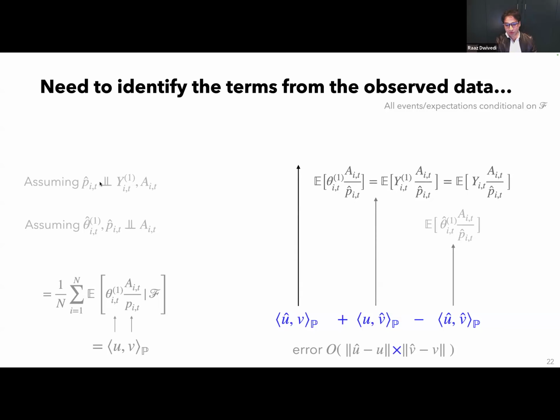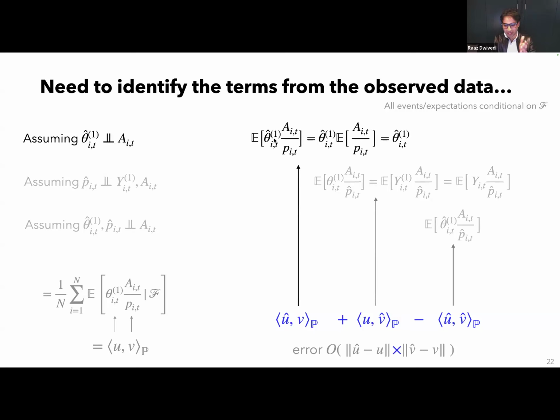And then for the first term, this U hat V, U hat will become theta hat IT1 and V is AIT by PIT. If you use again the independence between theta hat and A, then you can take it out and this becomes expected value of AIT by PIT and that becomes 1. And it is theta hat IT1. So this is like the outcome imputation estimate. So those are the three terms that you need to compute, and it gives you this augmented IPW